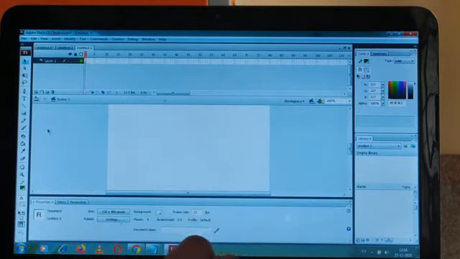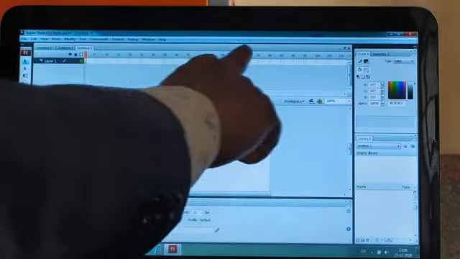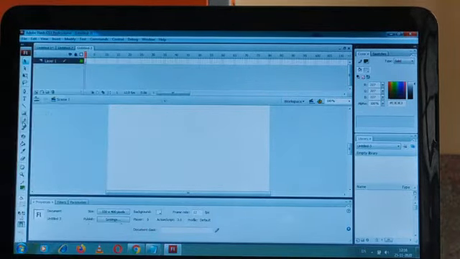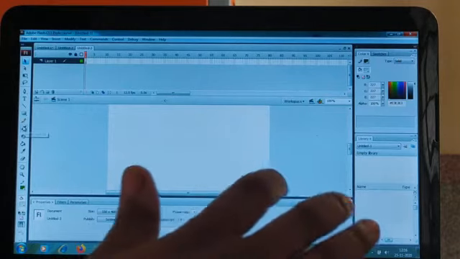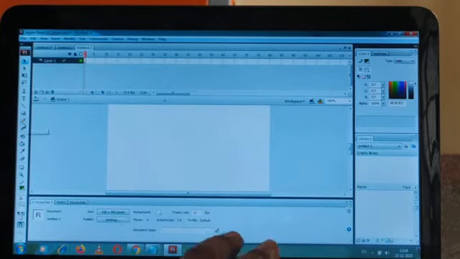Now you can select the pencil tool from the tools panel. This panel is called the tools panel, and this is called the property inspector. This is called the timeline, and this red area is called the playhead. You can see them. Okay, these are the menus you can see. So here I am selecting the pencil tool. Students, whenever you move your mouse on any tool, it will show the tool name, just like pencil tool, brush tool, paint bucket tool. Okay, so here I am selecting the pencil tool.